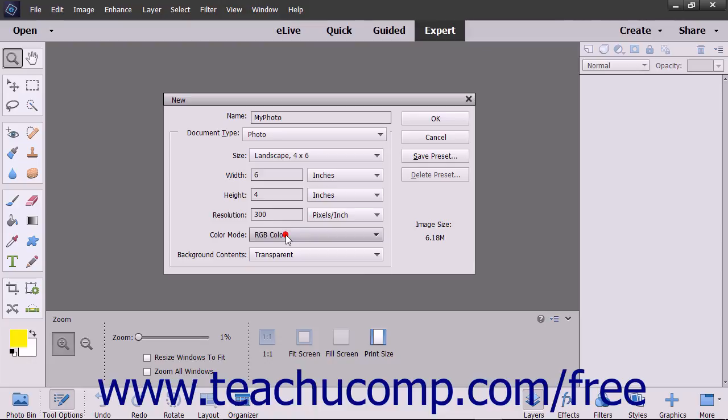before printing. You can also select the default background color for the image by selecting either white, background color, or transparent from the Background Contents dropdown. When you are ready to create the blank image file, click the OK button to create a new image file